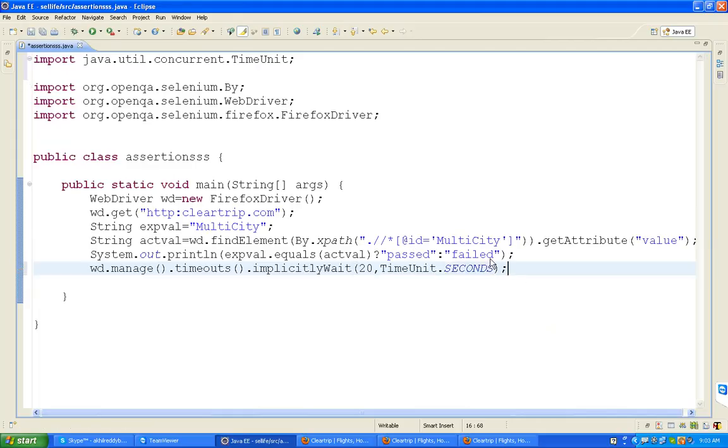Directly, we can always use a wait statement: wait 20 seconds, 2 seconds, 3 seconds. Otherwise, we can use WebDriver reference dot manage dot timeouts dot implicitlyWait 20, TimeUnit dot SECONDS. Right. Next,